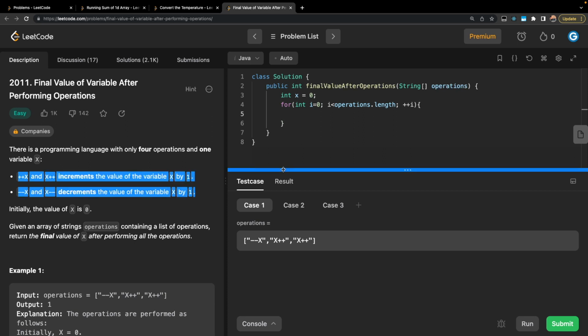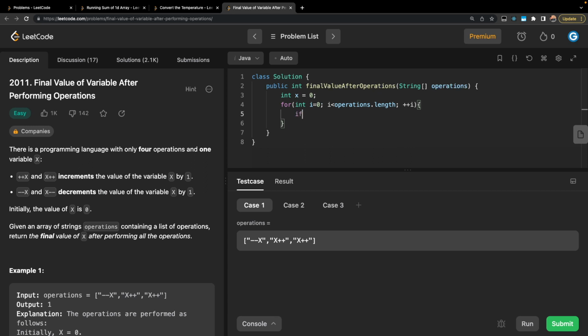So let's see how we'll do it. We'll just write a condition. If plus plus x dot, and I'm using a method equals, or